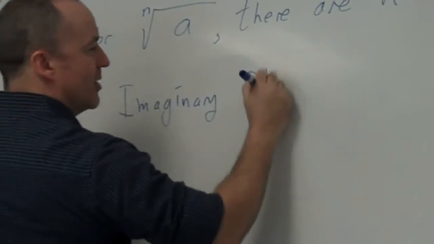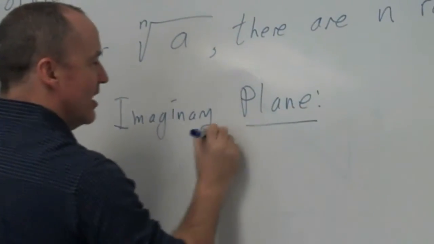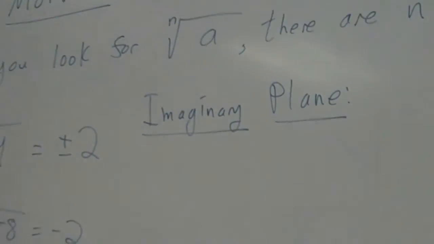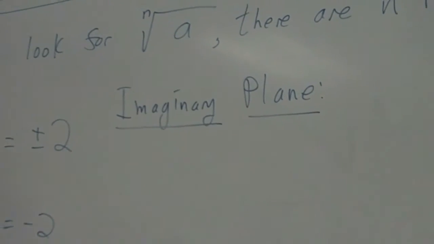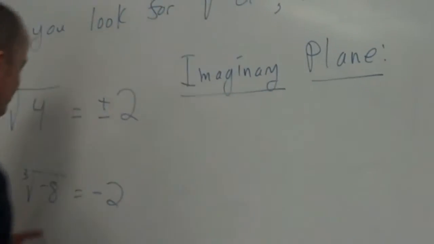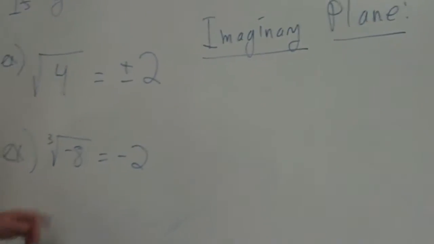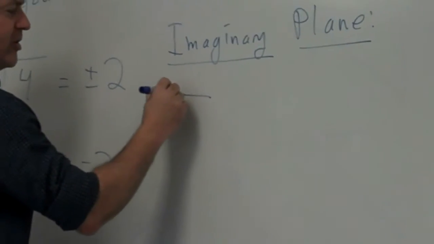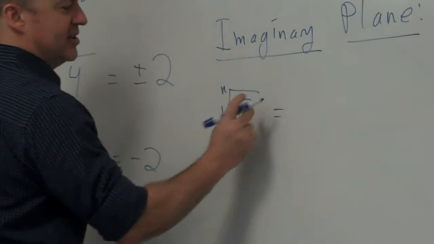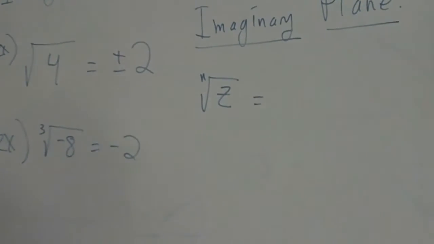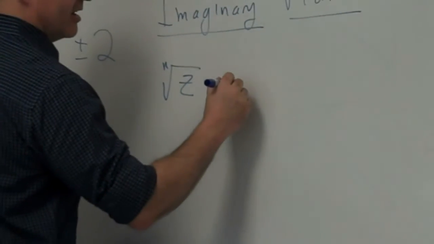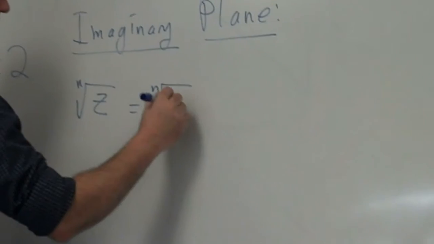On the imaginary plane, I'm using imaginary, I don't care anymore. On the complex plane, which I'm calling imaginary here because I feel like it, the cube root of -8 would work a little bit differently. First off, for the nth root of z, a complex number, you find the nth root of the